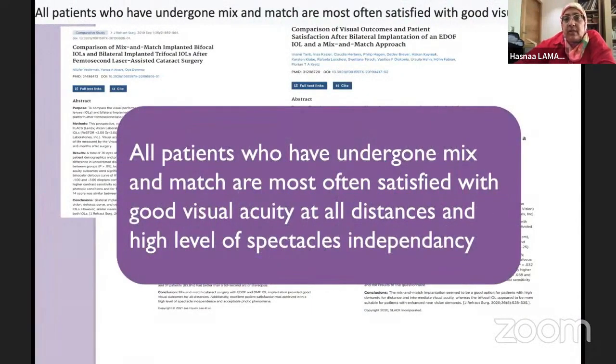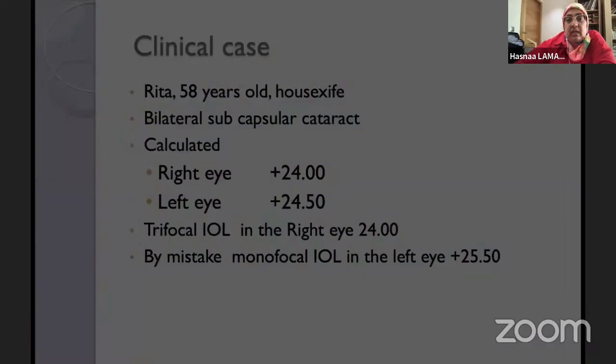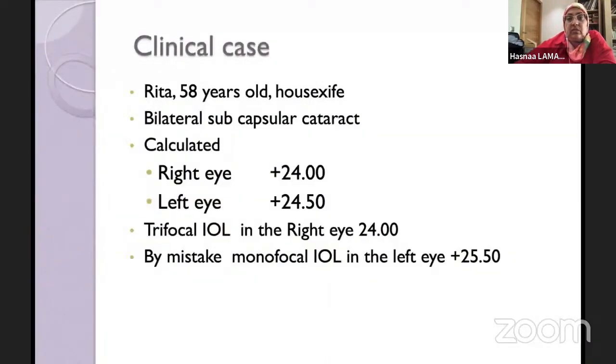So all patients who have undergone mix and match are most often satisfied, with good visual acuity at all distances and a high level of spectacle independency. I want to report these cases. A patient who has